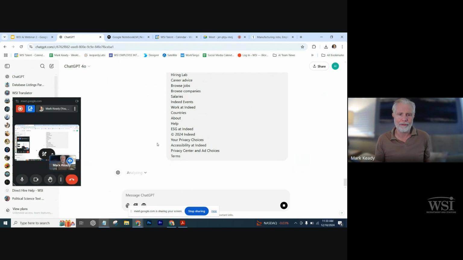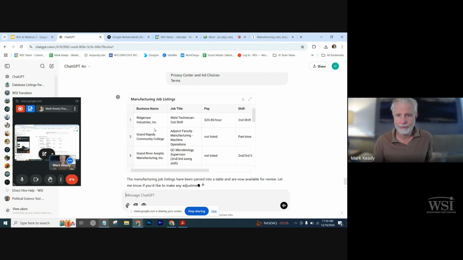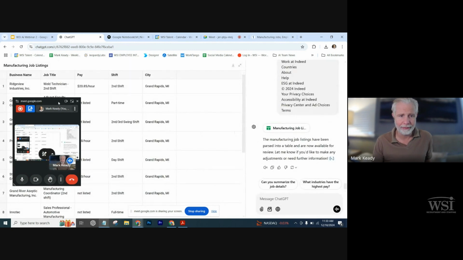So this is really great for taking huge pages of jobs, or maybe you've got a lot of web pages with lots of information on them, or PDFs, books, whatever that could be. You can paste that into ChatGPT, and the cool thing is, like I said, it figures it out for you and just gets you the parts that you want. So it's analyzing this page. It's got to build a table here. It's taking a little longer than maybe we thought it would. There we go. Came out very quickly.